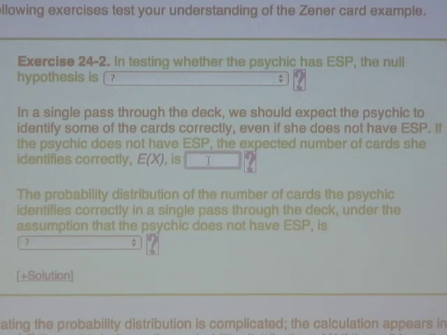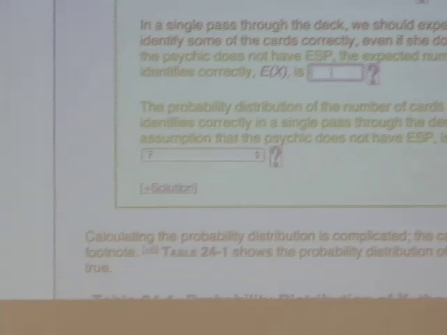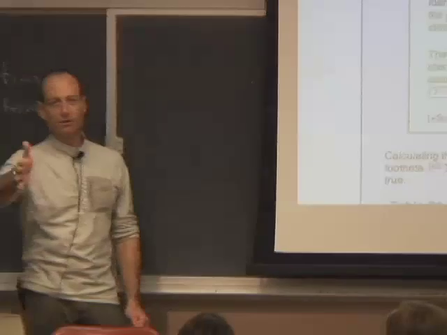What's the chance that the first card is the square? 1 out of 5, right? What's the chance the second card is the square? It's 1 out of 5, right? What's the chance the second card is the wavy lines? 1 out of 5, right? The chance that any particular card shows up in any particular place is 1 out of 5. So the chance that any particular card matches what the psychic guessed in that place is 1 out of 5,